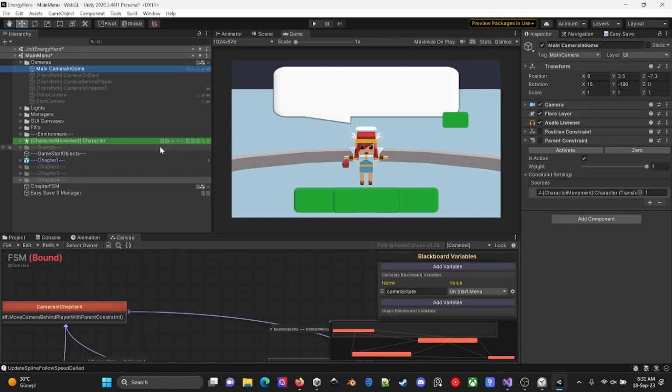Let's go over and check my save file to see if my save file actually reloads the parent constraints.